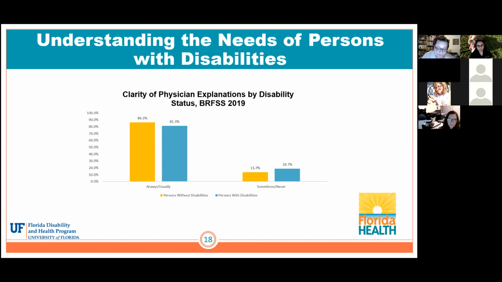So, when we look at these overall relative differences between people with and without disabilities who report positive experiences, what I want to point out here is that how we look at the data matters. If we were to look at the relative difference for people with and without disabilities for the always and usually category, you'd see about a 5% relative difference between those two. So you're thinking, great. There's nothing going on, nothing to see here, everything's fine.